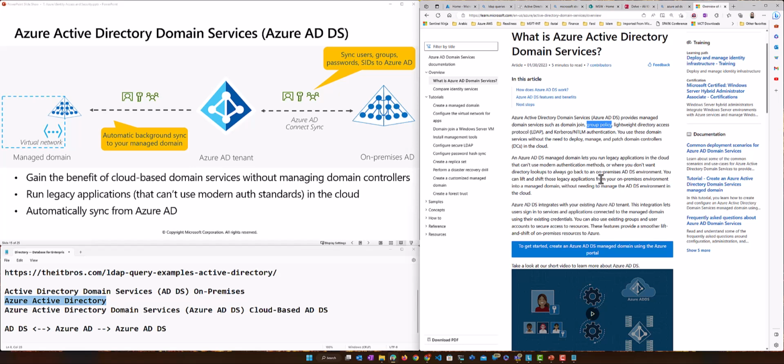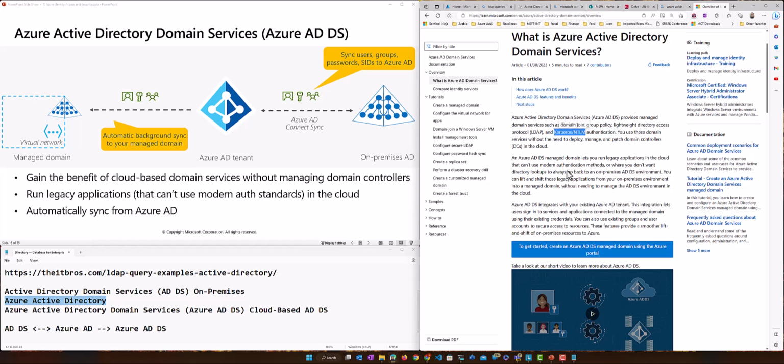Again, exact same domain services, but given to you as a PaaS service, where you can do policies, LDAP, and so on and so forth. There are other applications that need some enhanced authentication protocols like Kerberos and NTLM. These two are supported by Active Directory. I will not go into the details of this one, right?